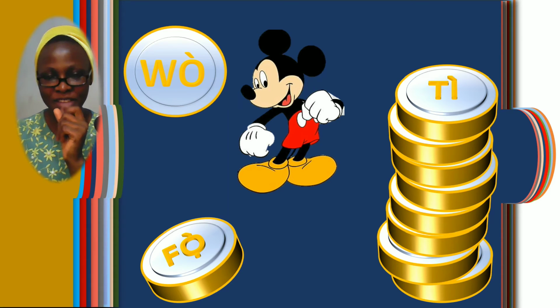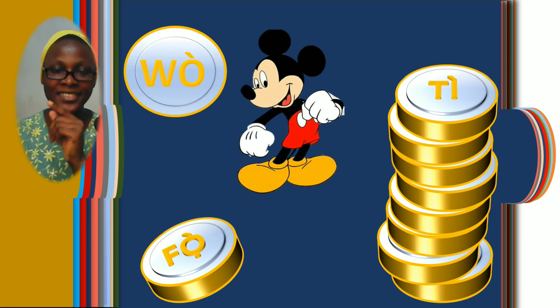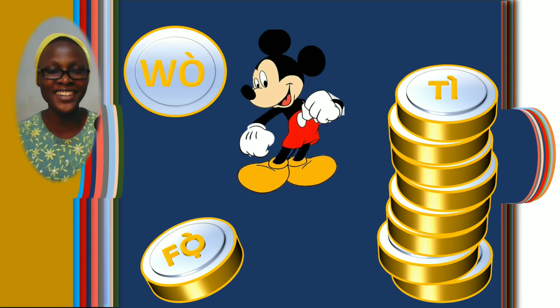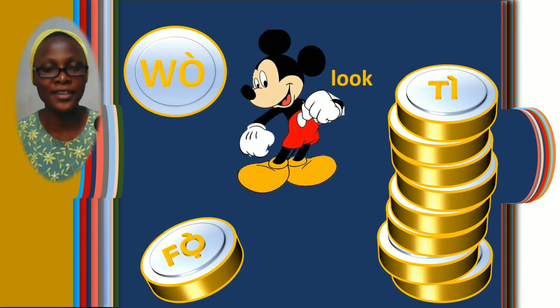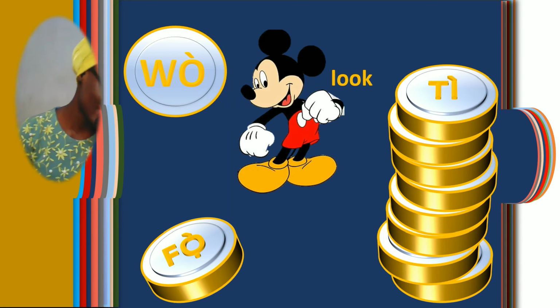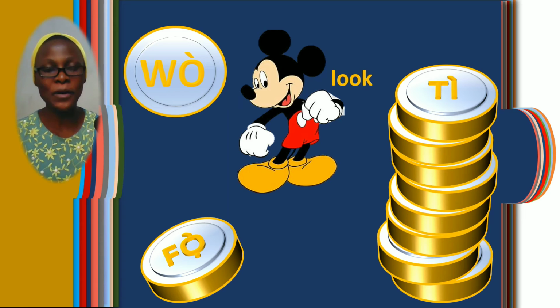Okay? If you know what the monkey paws is doing, then you will be able to know what this actually means. Alright? So wo is look. He's looking at his feet, right? Okay? So wo is